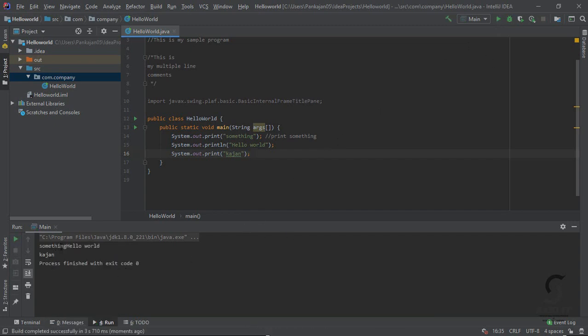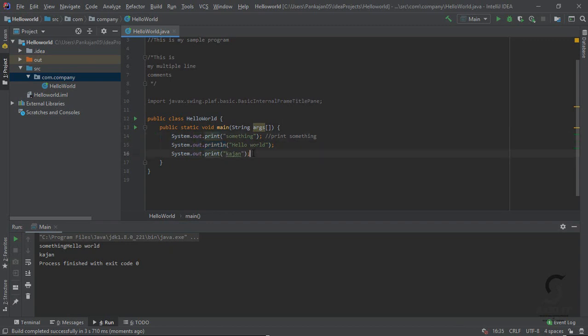It will print something, and after that it will print the color word, and since I use println, it will create a new line, and after that the print Kajan is going to print. So like this it will print this. When I use println, it will print the word, and at the end of that it will print a new line. That is the difference between println and print.